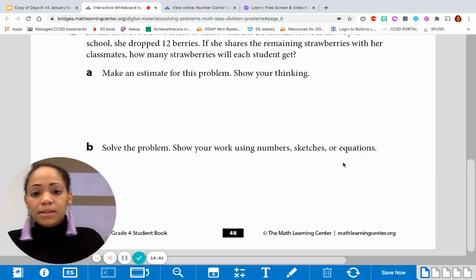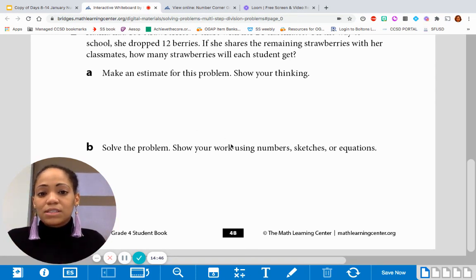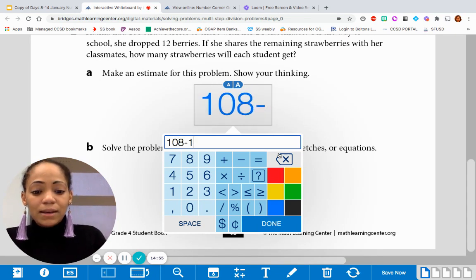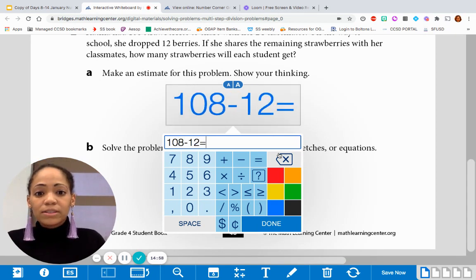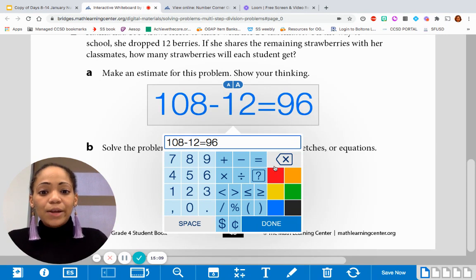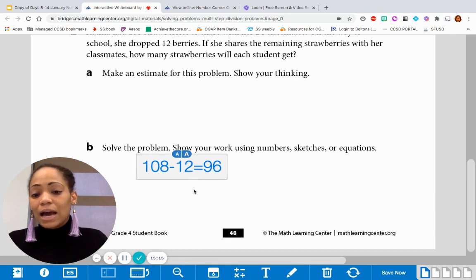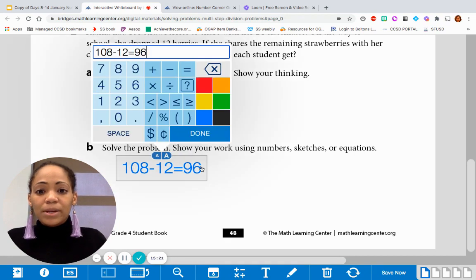So let's solve the problem. I'm not going to write down the estimate because hopefully you followed along with me, and just for the sake of time, I'm going to show you a way that you could have solved the problem. So we have 108 minus 12. Let's figure it out. 108 minus 10 would be 98. Minus another 2 would be 96. So notice again, here I am using mental math strategies and not necessarily using the algorithm where I have to regroup and do all the things, okay? So I have 96 strawberries